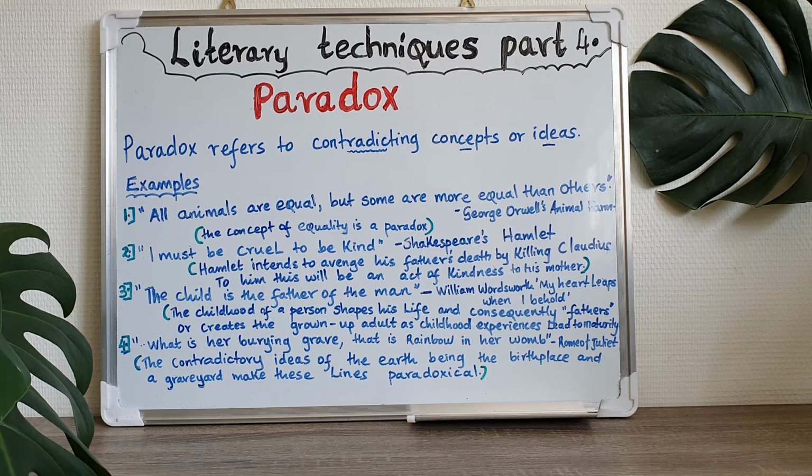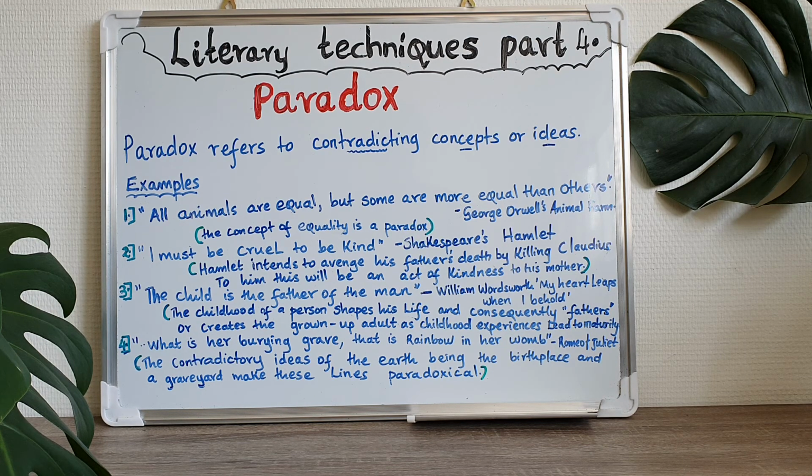And that's why we're talking about paradox here, because we have contradicting concepts or ideas, the idea of life and the idea of death. Okay, so the contradictory ideas of the earth being the birthplace and a graveyard at the same time